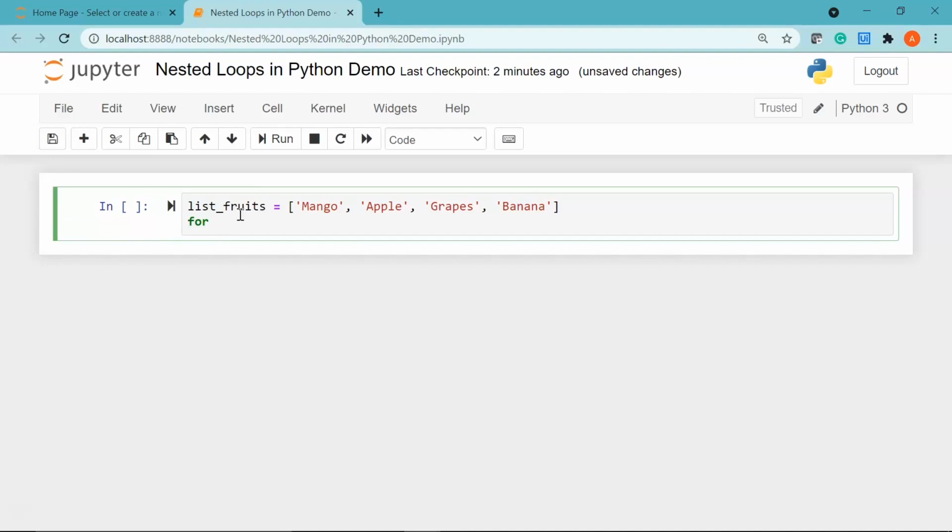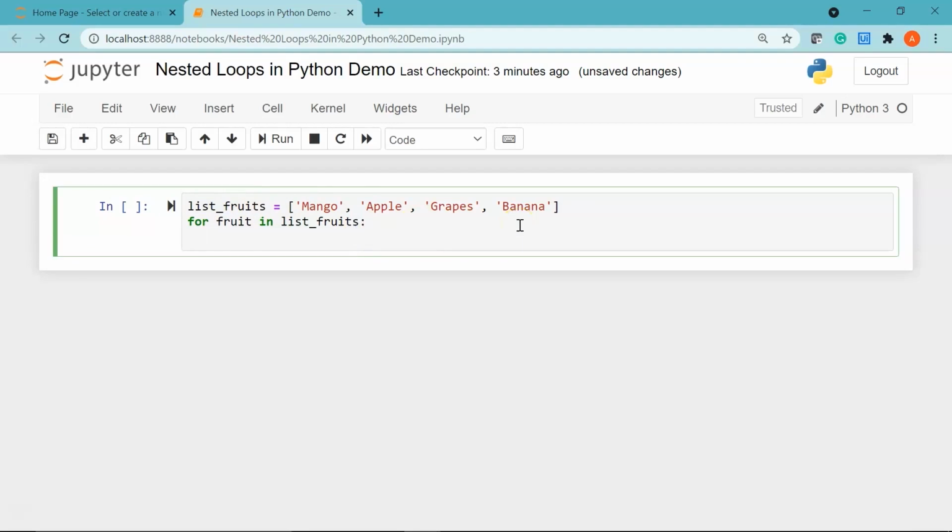Alright, now I'll create my outer loop. So I'll say for fruit. Now this variable can be any valid Python variable. This is basically known as an iterator or an iterator variable. So I'll say for fruit in my list, which is list underscore fruits that I have declared in my first line. I'll give a colon and then declare my inner loop.